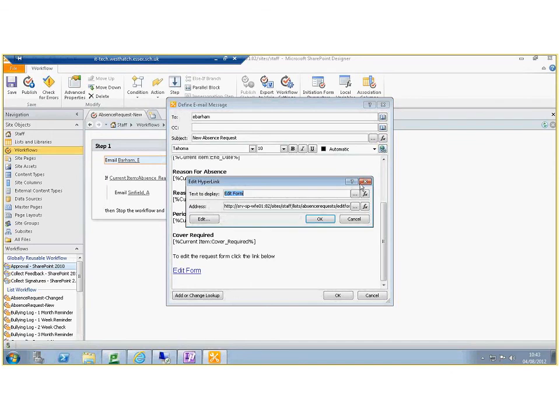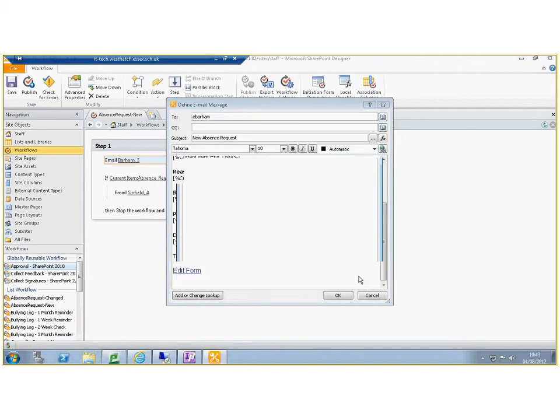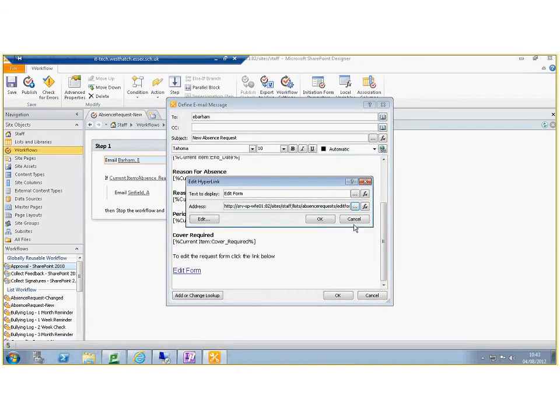I will show you this hyperlink. It's built up from options within the actual SharePoint list. And when that user clicks on the edit form, they will see the form but with additional options to either approve or decline the absence request. So if they've approved or declined it,